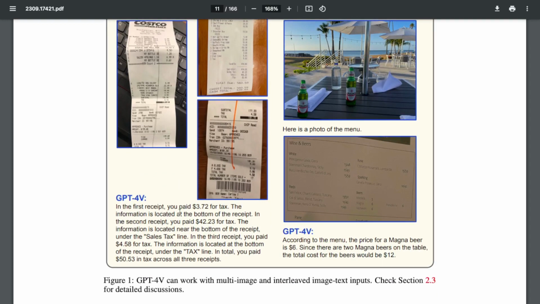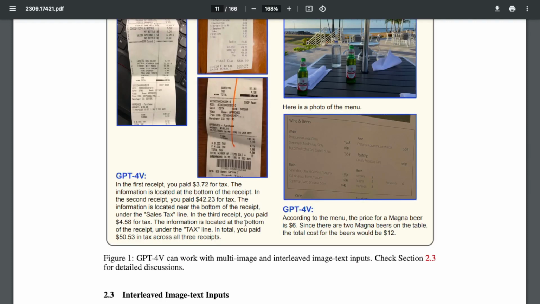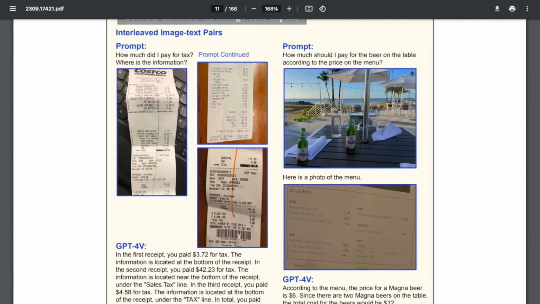In the first receipt, you paid $372 for tax. The information is located at the bottom of the receipt. In the second receipt, you paid $42.23 in tax. In the third receipt, you paid $4.58 for tax. In total, you paid $50.53 in tax across the three receipts. So you could see that it's a lot of things happening here. First, GPT-4V is able to analyze, extract how much was paid for taxes from three separate images and then do